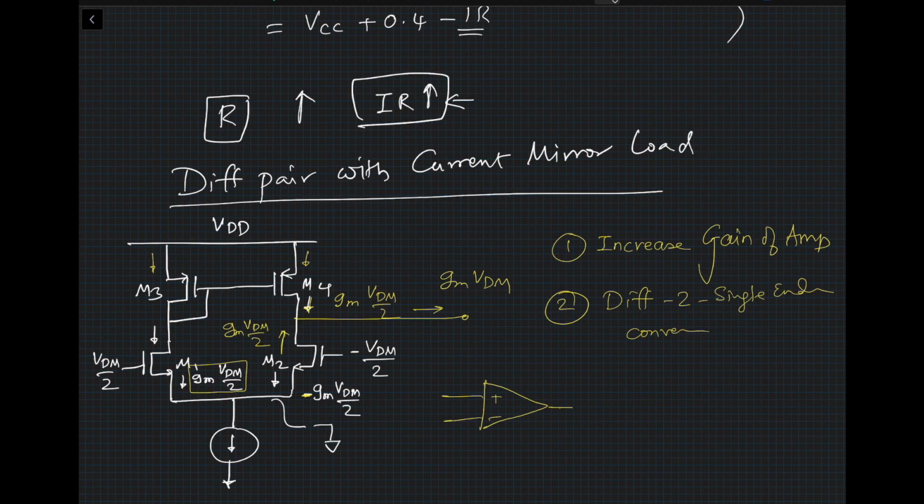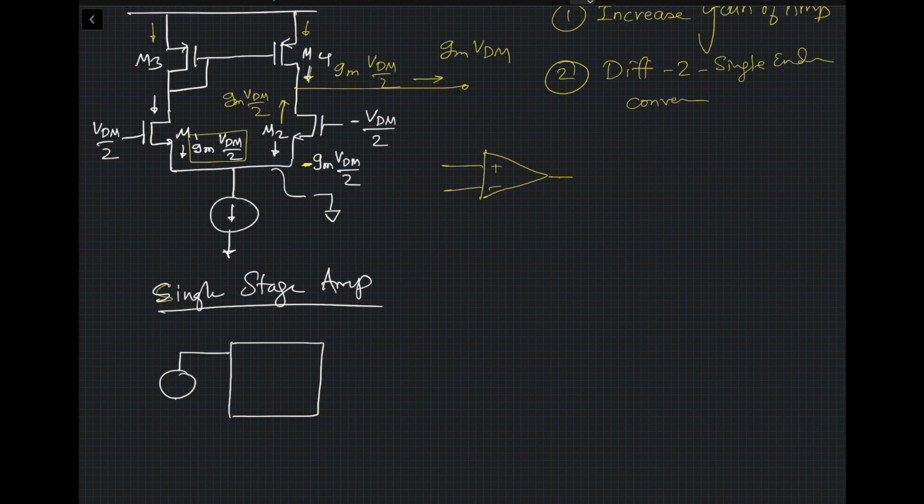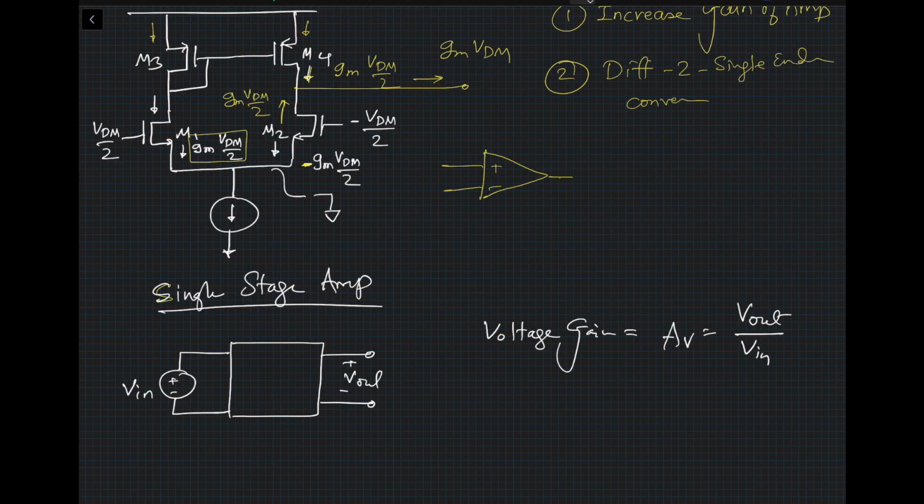I'm going to teach you a couple of tricks, and you can use these tricks for analysis of various circuits. For a single stage amplifier, let's say this is the box, and this is my plus minus V in, and this is my output. So I'm going to put everything inside a box. What we are trying to do is figure out the voltage gain, AV, which will be equal to V out divided by V in. You can take a couple of steps and quickly figure out how to calculate this gain.